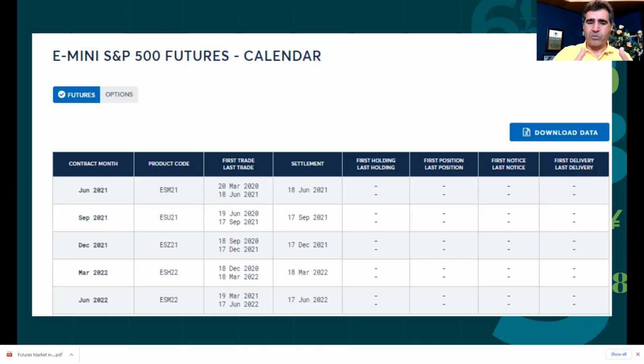So usually the most recent one is the most liquid. If I'm trading today and I want to do E-mini, I will use the symbol June 21. This is the year, and this is the month. It will be traded till the third Friday of June, which is June 18th. But the activities are rolling, because after that we will go to September, which is the U.